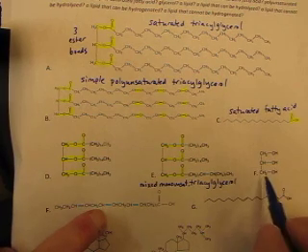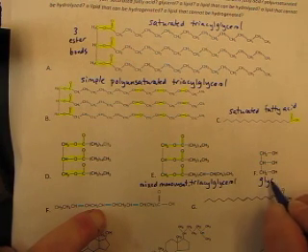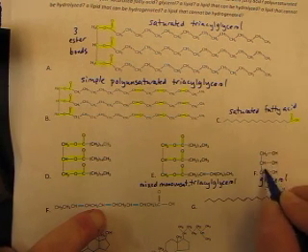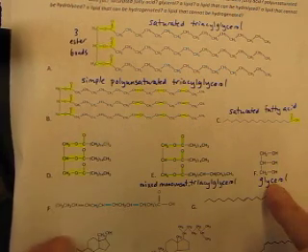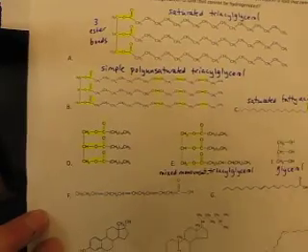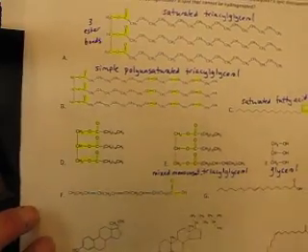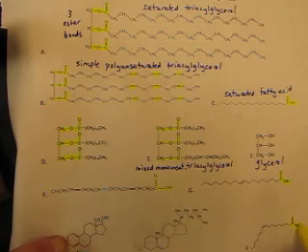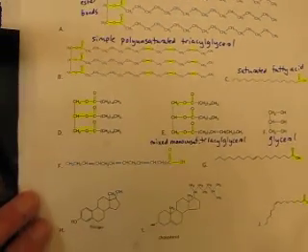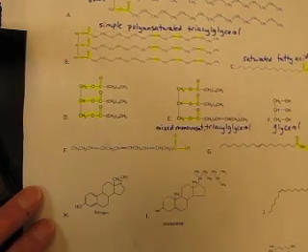How about this? You should recognize this. This is glycerol. You should know that. It's the 3 carbon backbone with alcohols. That's a building block to make a fat. How about this? This is a fatty acid. What's this one? Fatty acid. What's this one? Fatty acid. Those are fatty acids. What's going on here?